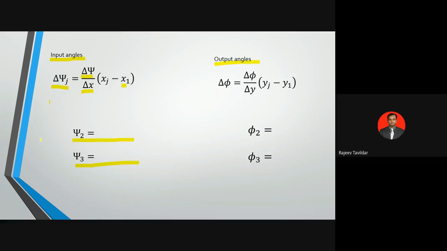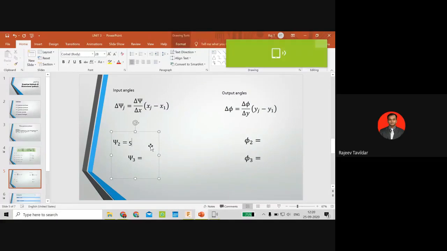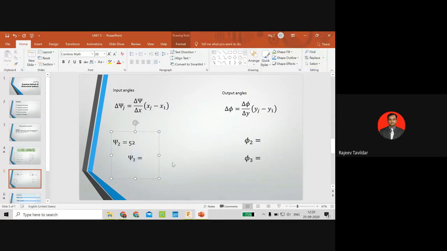We are solving with this 3 position method, so 3 precision angles are supposed to come. 51.96, sir. So I'm going to write psi 2 equal to 51.9, or I'll make it 52 degrees round here. How much is psi 3? 103.92, 104.